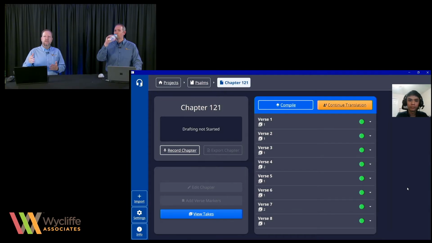And then once we've done that, a new button has lit up beside the yellow button that we started out with. First of all, it no longer says begin translation, it says continue translation. So if I actually started it and I went back and came back, continue translation would allow me to pick up right where I left off. Right. But now I can actually take all of these individual verses and compile them together in a chapter.